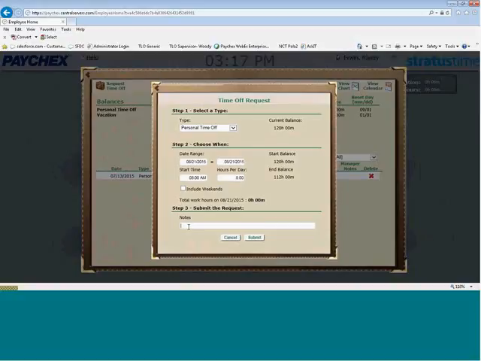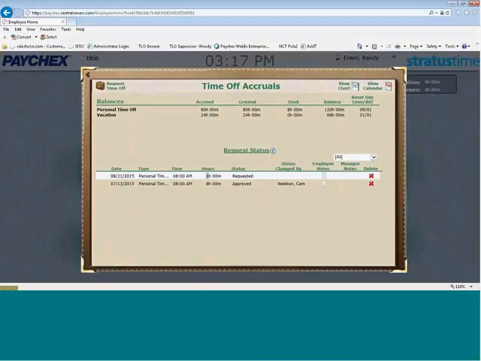There's also a place for entering brief notes. And then to submit the request, the employee would click on Submit. When they do, you'll notice that the request status section now is updated. Amongst the information that the employee will see, they'll see at least the first date that is being requested off, the time off type, the total number of hours in the request, the request status. Right now, the status is requested, meaning it has been successfully submitted and is now pending